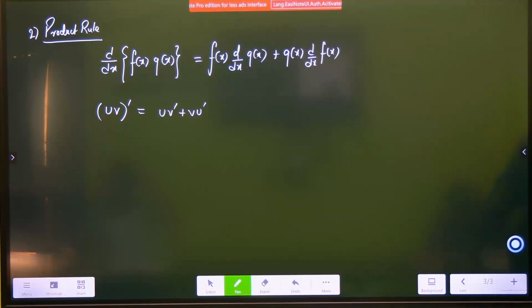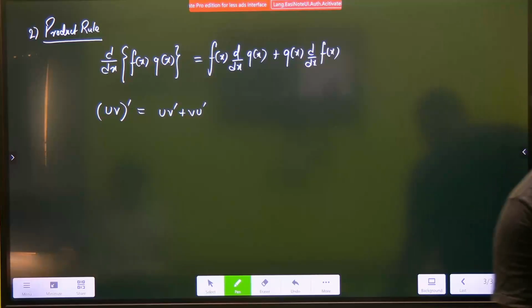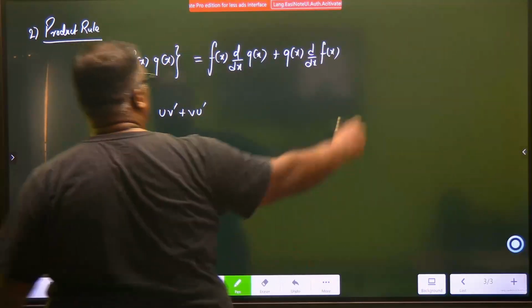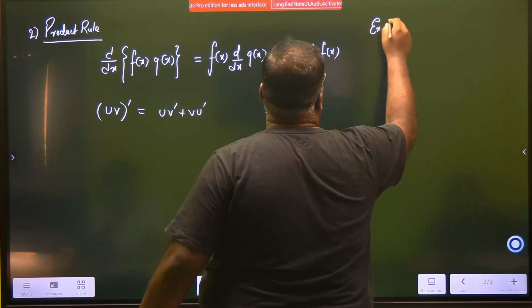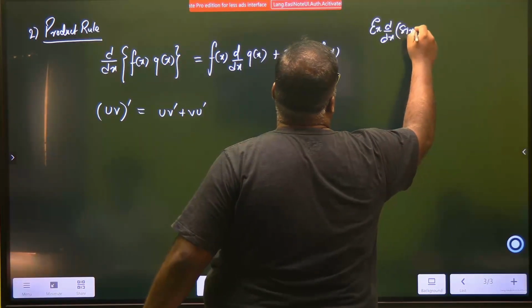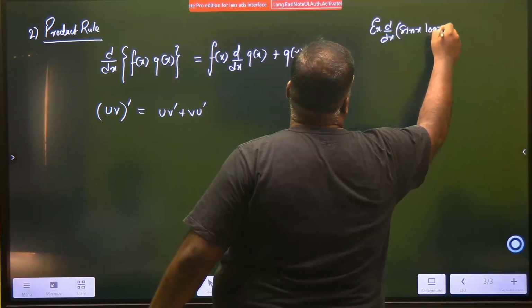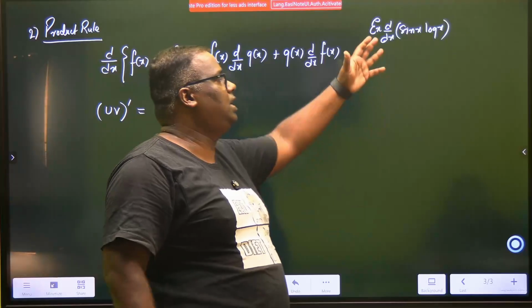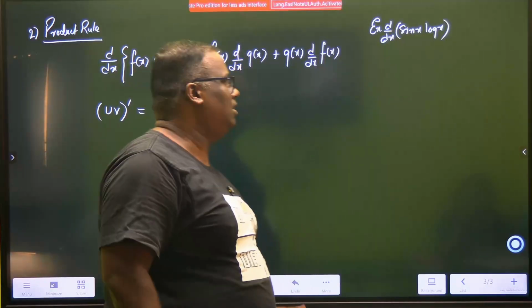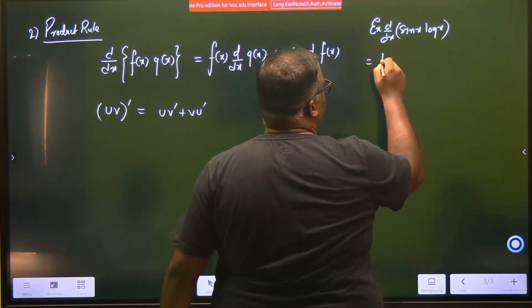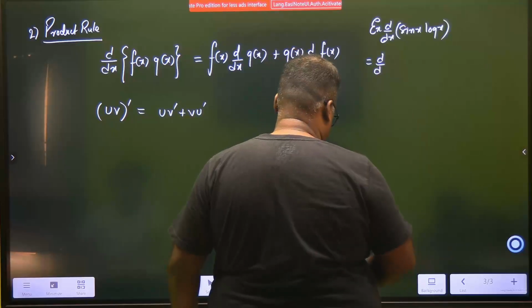Shall we solve one problem of this type? Let's take one problem. Say suppose we have to solve a problem. Find d/dx of sin x log x. Now look, log x is a different function, sin x is a different function. So when you see sin x, slowly I'll come to that. Okay. So this you will write as d/dx,